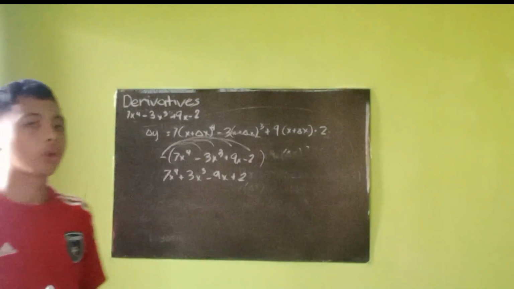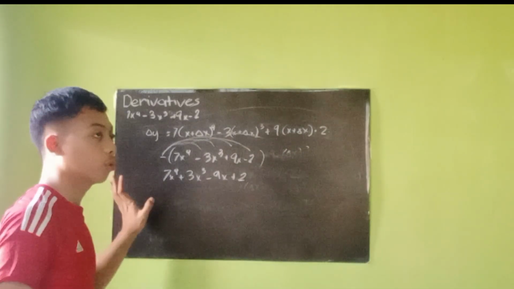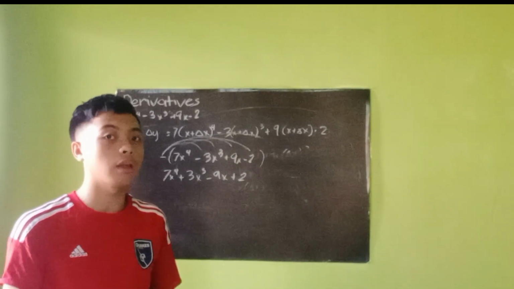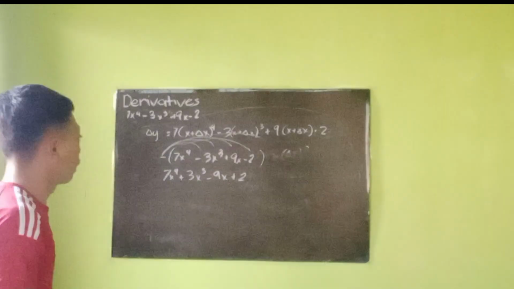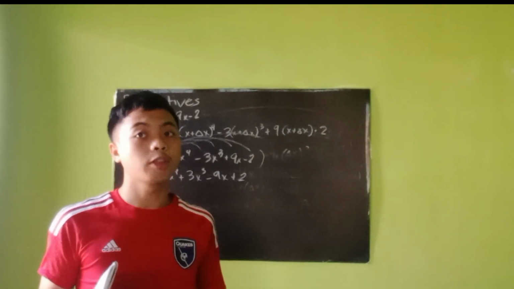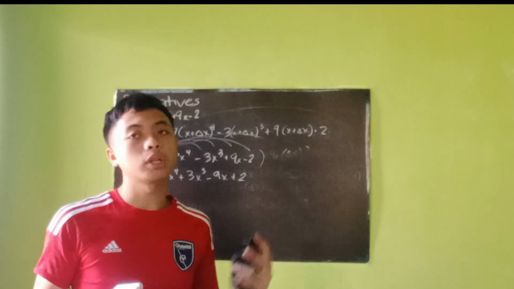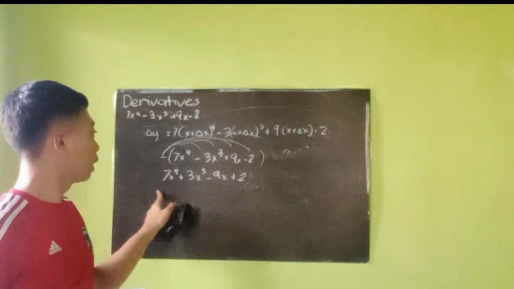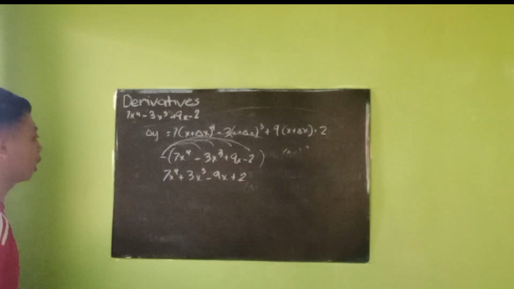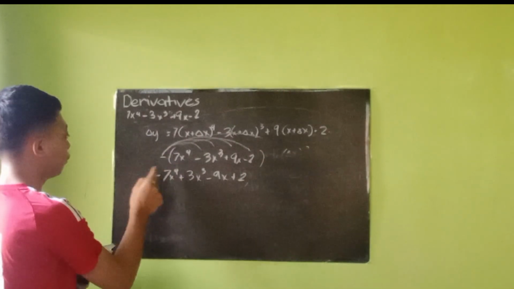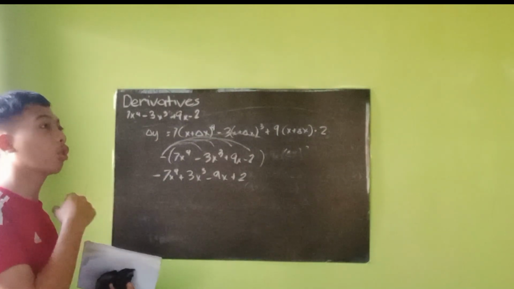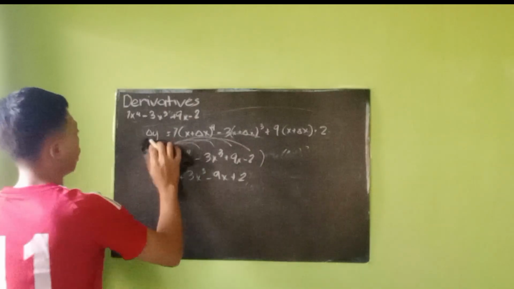Now, what is the use of the distribution? This method allows you to cancel out most of the terms that have been given. If you remember that we've already been able to expand some of them, once you've already done distributing them, and then also by getting this, you can cancel. So this one is, I forgot, this one is negative 7x raised to the power of 4. That also means some of the numbers that have been given will be cancelled out by each other.